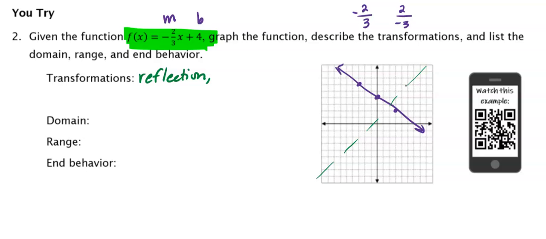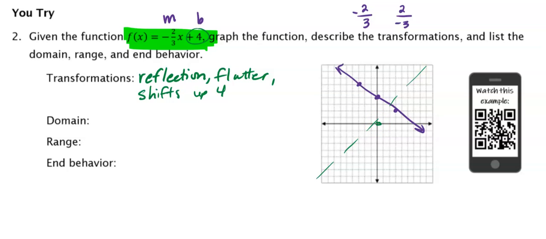Anytime that you have a slope that is less than 1, which 2/3 is, it's going to make your line a little bit flatter than the parent function. So I'm going to say that this line is flatter than our parent function. And then finally, this plus 4 shifts our graph up. So I'm going to write shifts up 4. Normally our line crosses through the origin, our parent function crosses through the origin, so this line crosses through 4